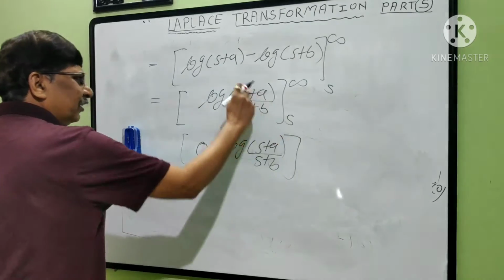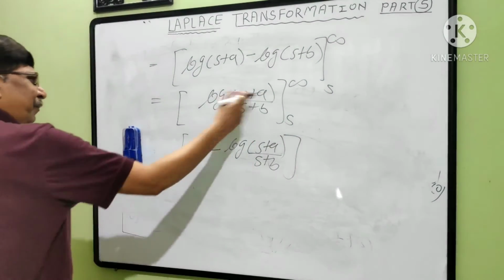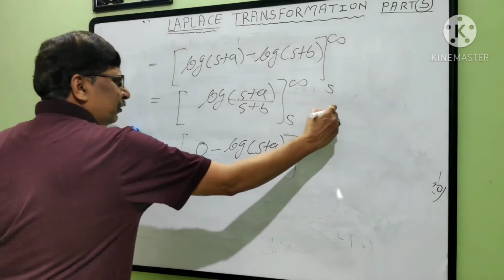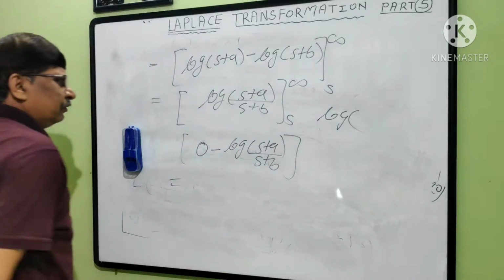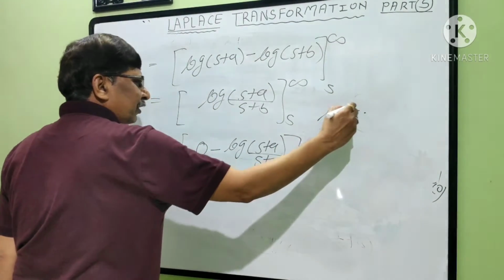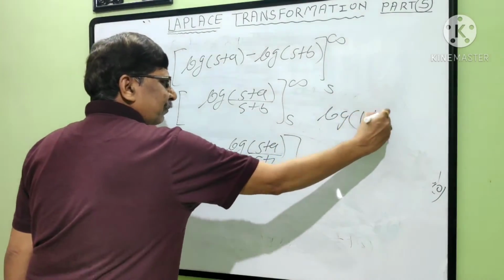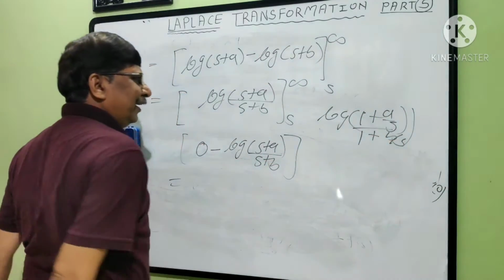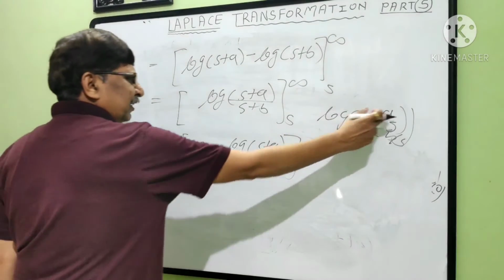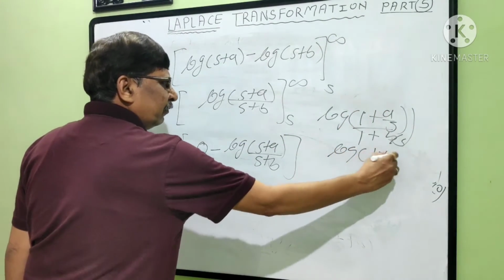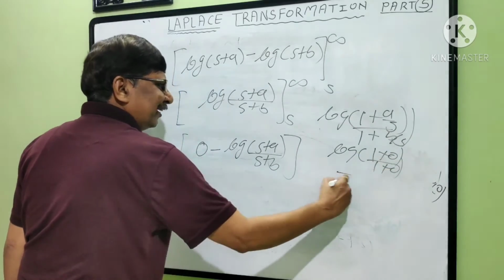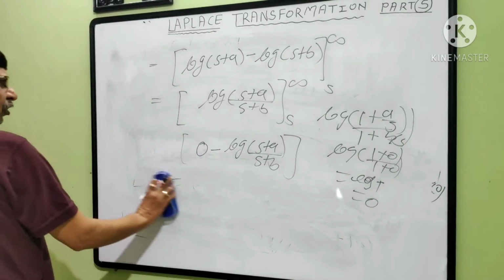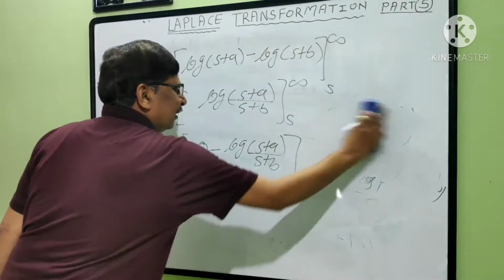Okay. You have to substitute s in place of s, as it is; this term will be 0, you know. Actually, if you don't know, I am going to explain this. Divide numerator and denominator by s, it will be 1 plus a by s and 1 plus b by s. But if you substitute infinity, it is 1 plus 0, log of 1 plus 0 and 1 plus 0 again, that is log 1, and log 1 means what? 0. That is the meaning of this 0 minus the lower limit, that is s.